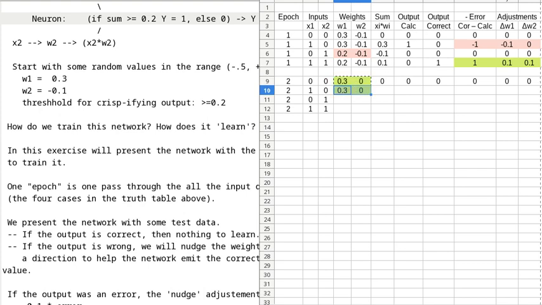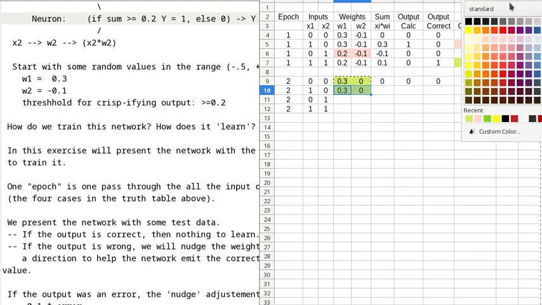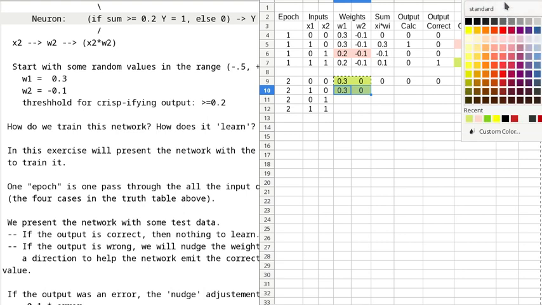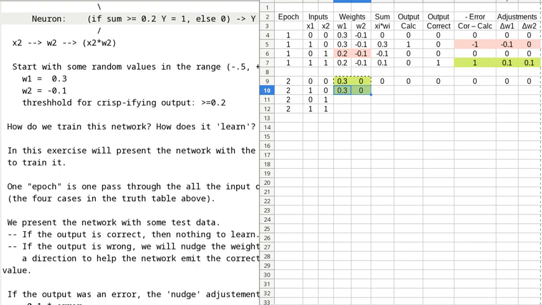Okay, and I didn't mean to color those, so let's do one color automatic. It's not the font I want to change, it's the background. Thank you. Okay,